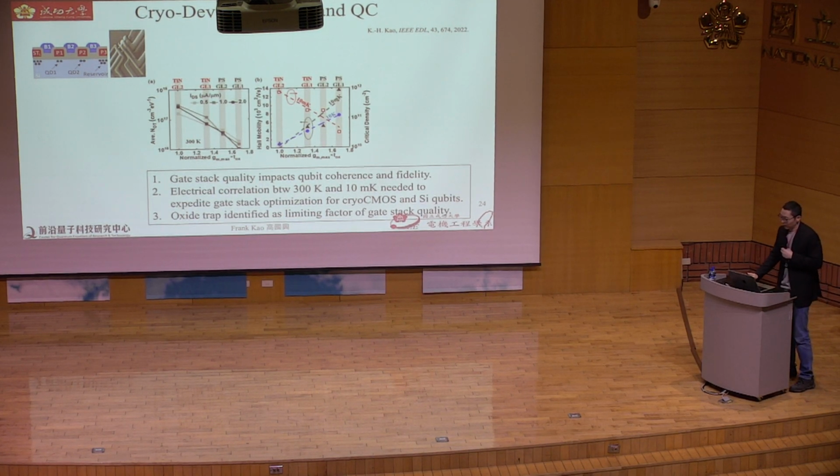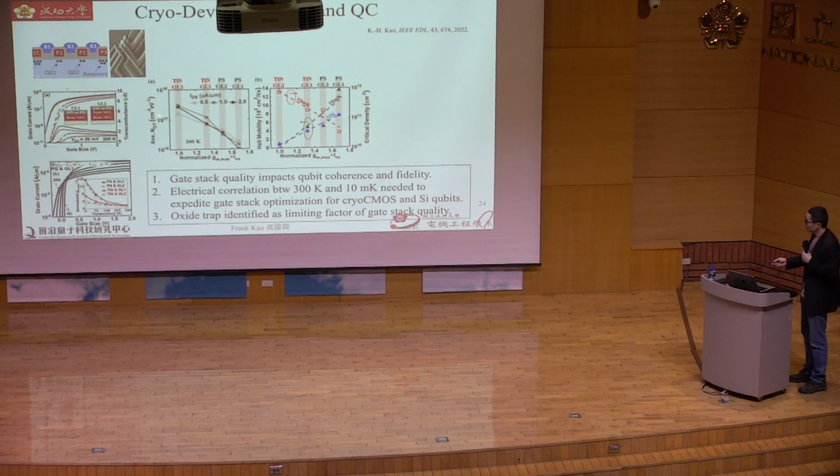But as you know, one of the bottlenecks, one of the challenges of the silicon MOS spin qubit is the material quality, because the material quality is degrading the coherence time. So if you want to improve the performance, you need to optimize the material and optimize the process. So to do so, we fabricate 4 different types of devices with 4 different